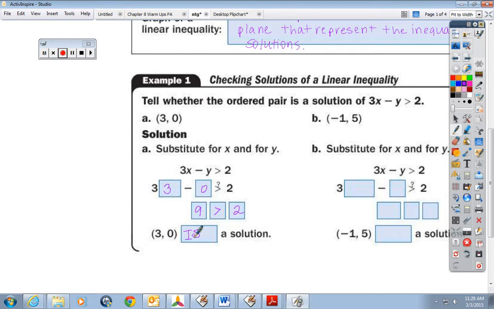Is there more than one solution to that inequality? Yes, there's always an infinite number of solutions that make that inequality statement true. Now on this one, instead